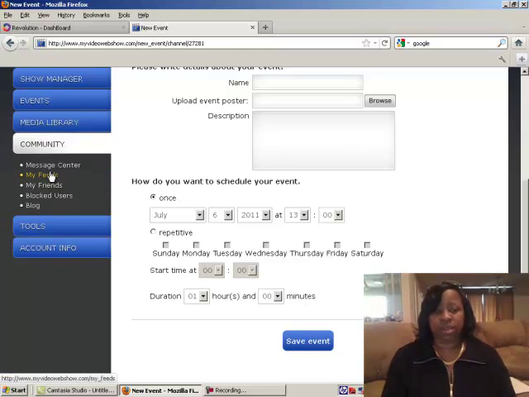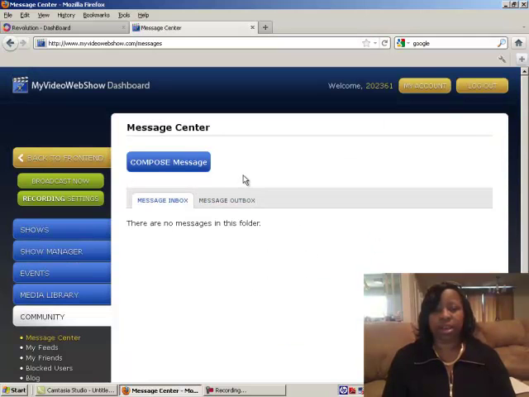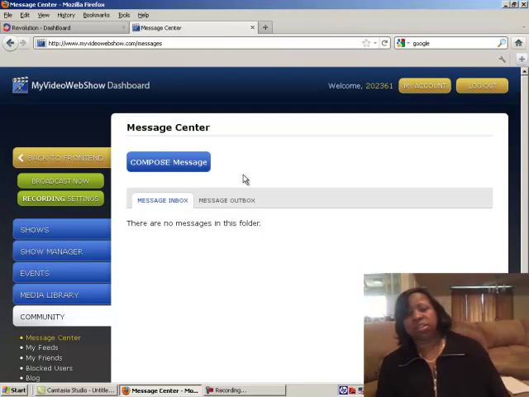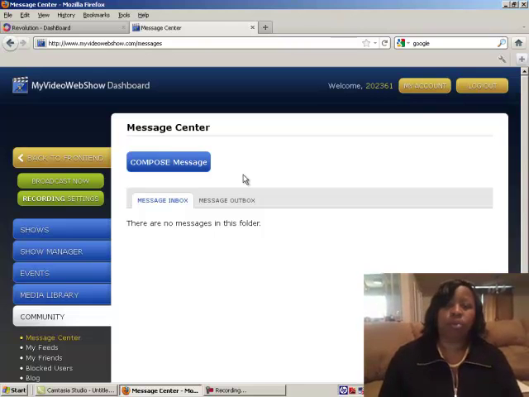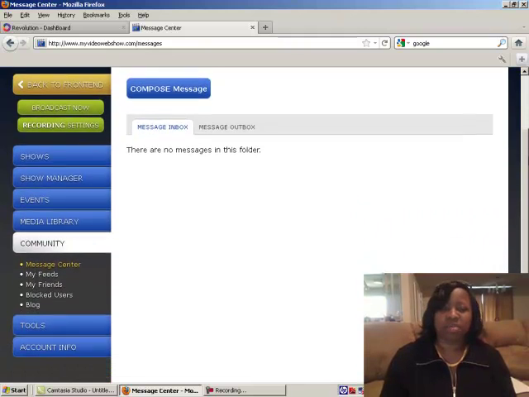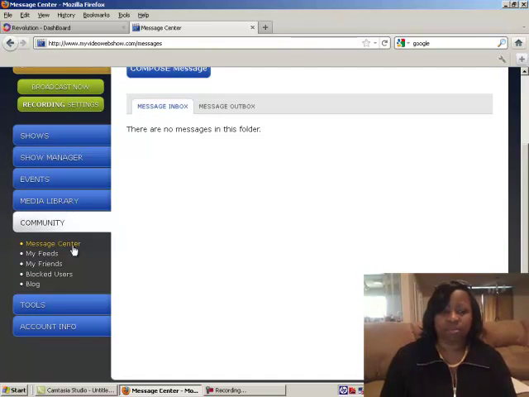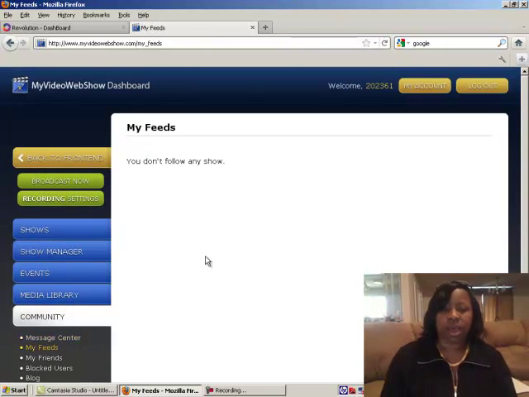Now let's go to community. Community on the left-hand side. We've got several things that, again, we're integrated with our social networks. We're integrated with being able to send people messages. And when people watch your shows, they have the ability to add you as a friend, and you want to encourage them to befriend you. And when they do, you're able to send them messages directly from your inbox. You're also able to allow people to follow your show